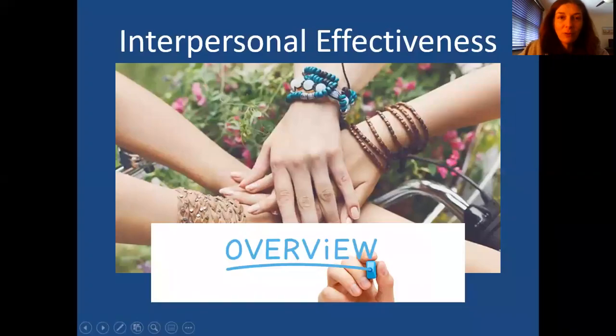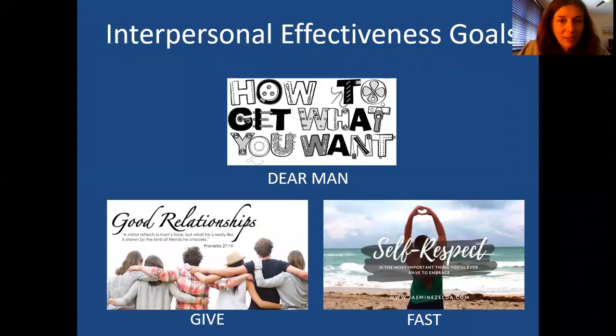All right, so here's our overview. Interpersonal effectiveness, what's this module about? It's about maintaining good interpersonal relationships. So it's about expressing our needs and asking for what we want effectively, getting what we want a little bit more effectively using assertiveness, keeping good relationships, because of course we all need people in our life, right? We're not just living on an island. And finally, keeping self-respect. So, being true to ourselves and recognizing our needs and our right to do what we need to do to be okay. All right, so we're going to break this down and talk about each one briefly.